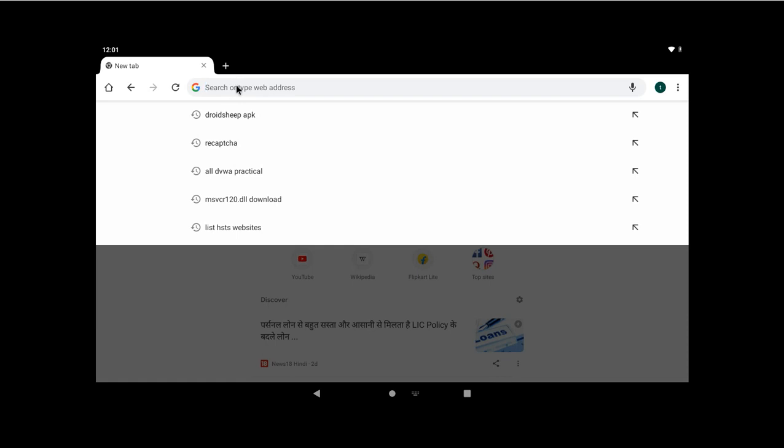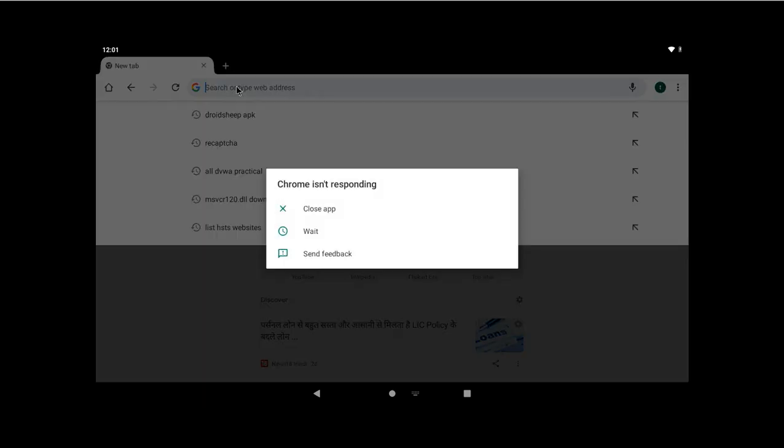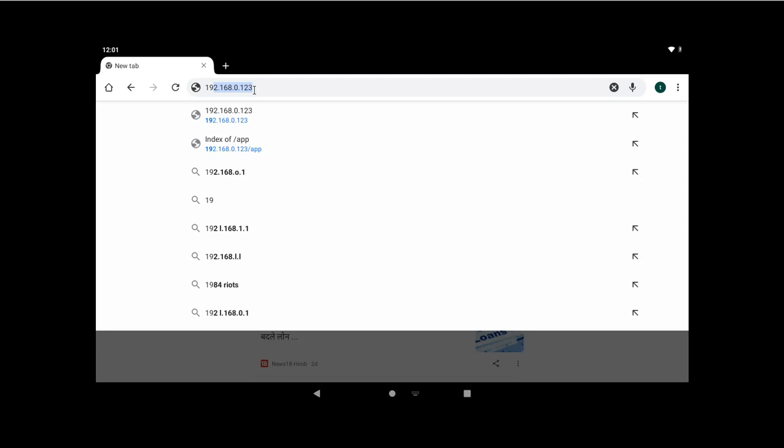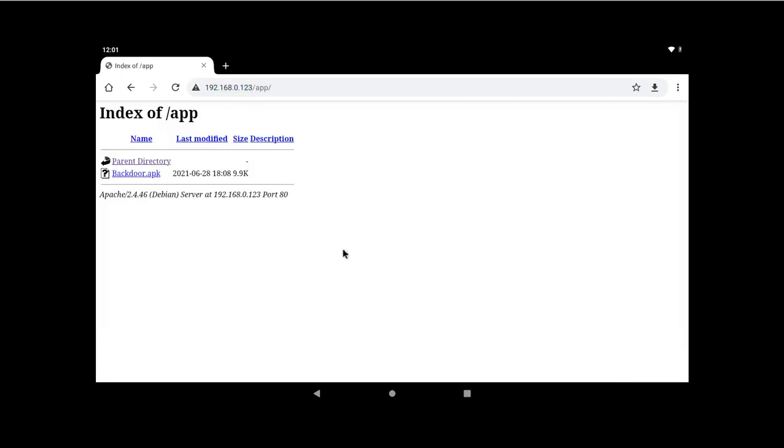So here I will give the URL for that app, Kali Linux. Okay, so I go to the URL of the Kali Linux and the app directory.